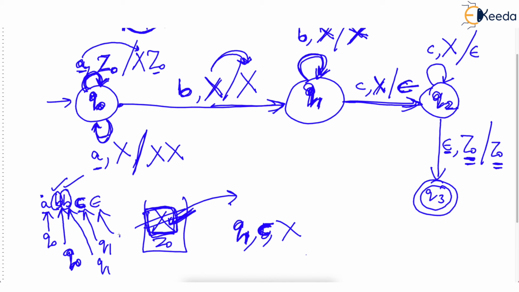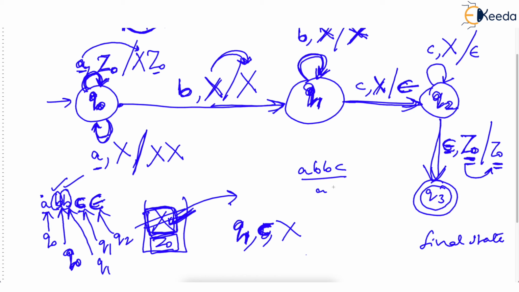But as soon as we are in Q2 state, just check, we encounter an epsilon. So in Q2 state, if we read an epsilon, top has to be Z0, and yes, top is Z0. That means number of A were equal to number of C. As top is Z0, we will keep Z0 as Z0, no change in the stack, and we will move to final state or accepting state. That means A double B C is accepted, and it should be, because it is the valid string.